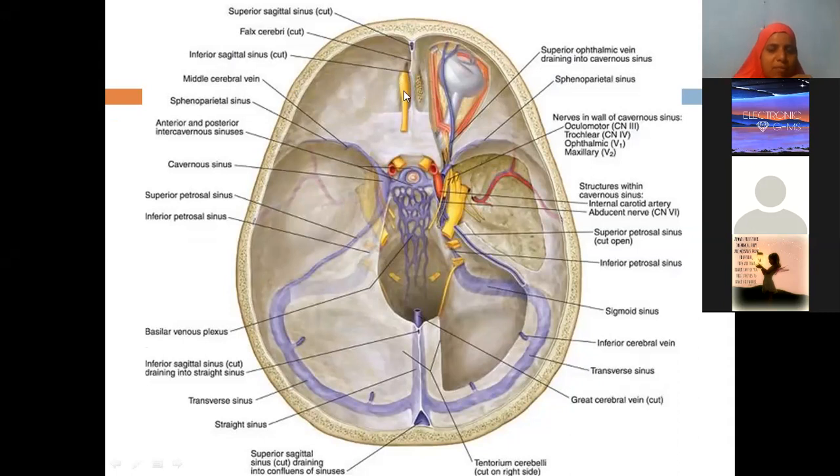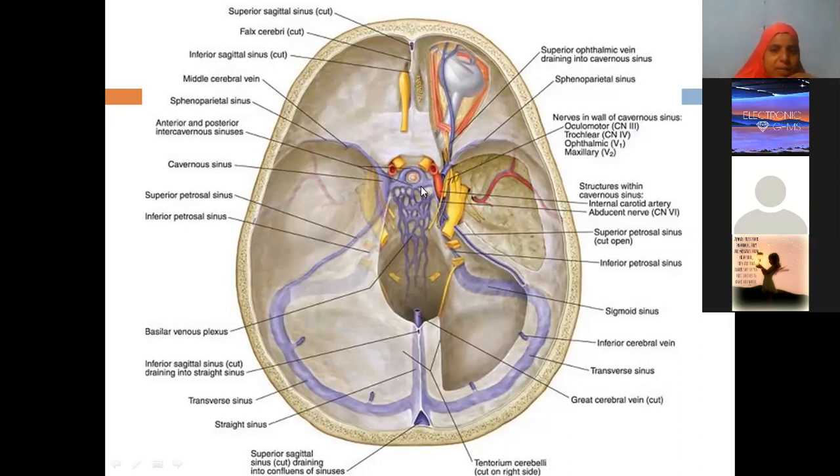This is the olfactory bulb and olfactory tract, which shows the first cranial nerve. Anyhow, we are not discussing that now. This is the orbit. Inside the orbit we have the eyeball and this is the optic nerve. The optic nerve is coming out through the optic canal. This is the second cranial nerve. This is our hypophyseal fossa.